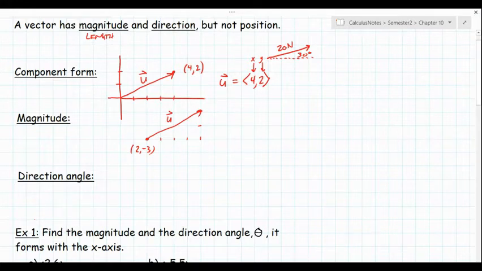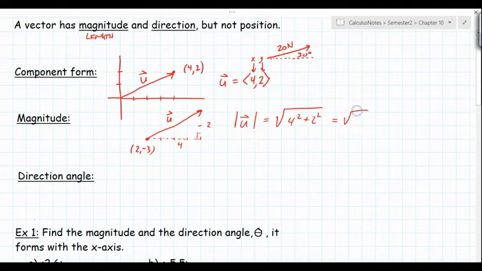Okay, the magnitude of a vector is just its length. So this vector u that we're looking at, to find out how long that vector is, if we're going 4 units in the x direction and 2 units in the y direction, we've created a right triangle, so we can just use the Pythagorean theorem to find the magnitude. And we use vertical bars that look just like absolute value bars to denote the magnitude of a vector. So the magnitude of u would just be the square root of 4 squared plus 2 squared using the Pythagorean theorem. So that would be the square root of 16 plus 4, square root of 20, or